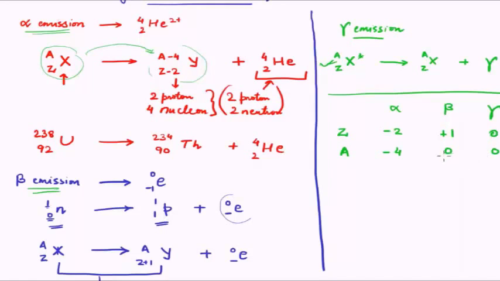Okay, so this gives you an idea about the different changes that take place during the nuclear reaction, during alpha emission, beta emission and gamma emission. Next class we will see some of the uses of radioactivity, where it is used by us to help us in different aspects. We will see some sources of radiation and precautions that need to be taken during handling of